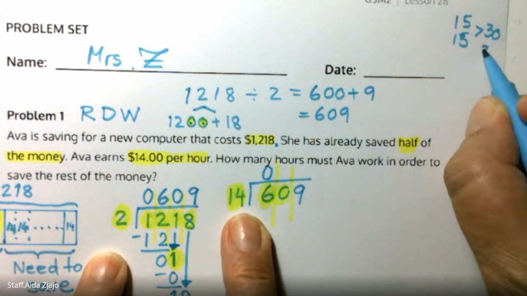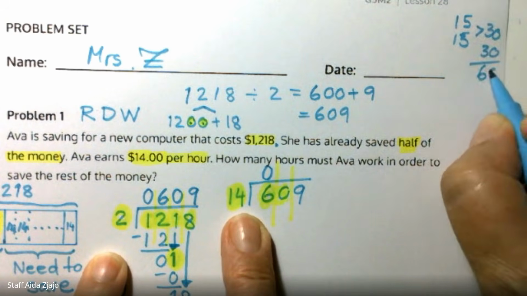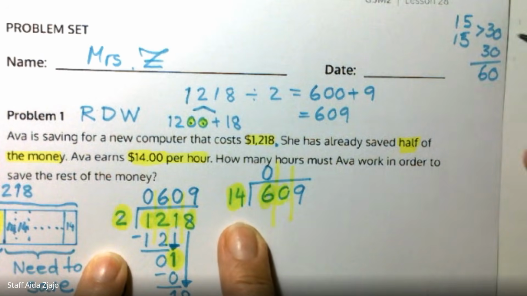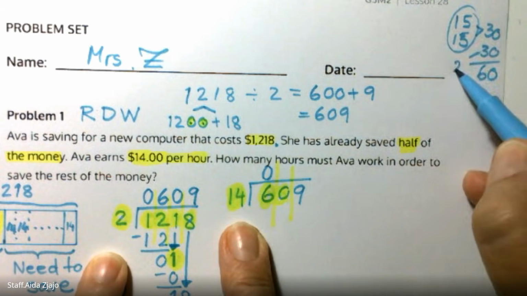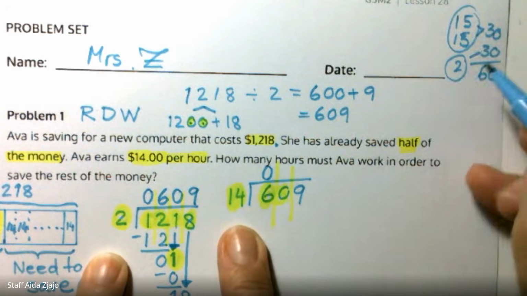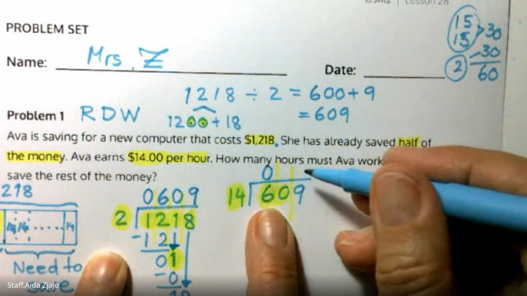So now double 30 would be your 60. So you can see then there are 2, and here are also 2. So 4 would be the plausible answer,